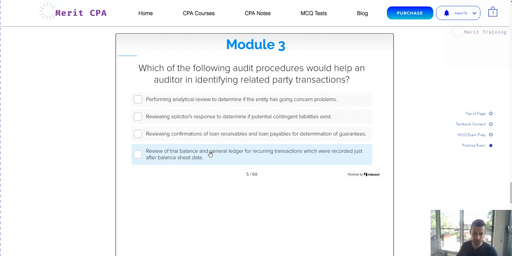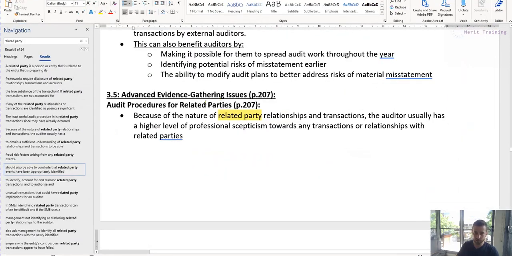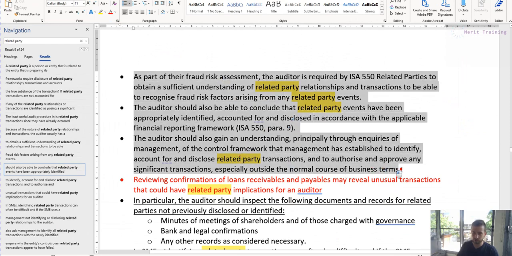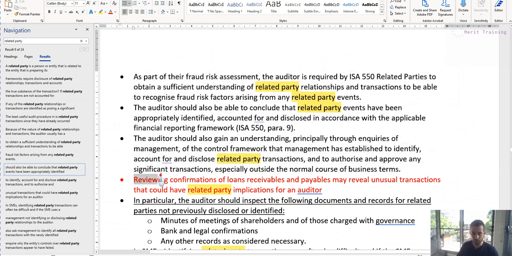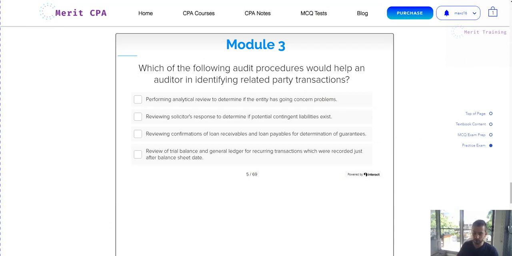So clearly C is the only leftover one, so it's probably going to be the right answer, but I also want to show you the other option, which is looking up related party transactions in the notes. That's going to take you to this section here, which is audit procedures for related parties. And as you can see down here, in red, the key point: reviewing confirmations of loan receivables and payables may reveal unusual transactions that could have related party implications for an auditor. So clearly, if you go either route, either the logical one or just checking the notes, C is the correct answer